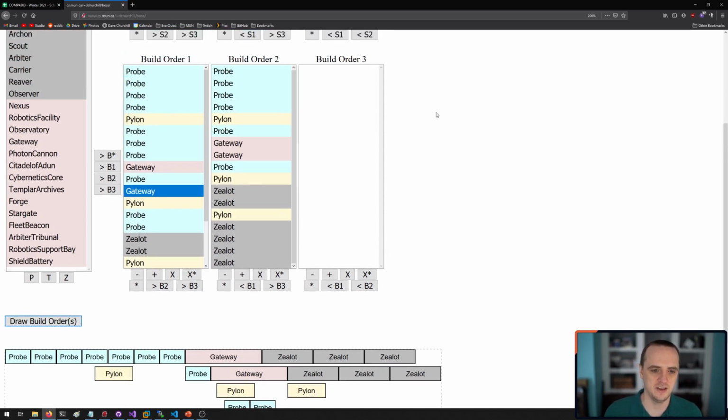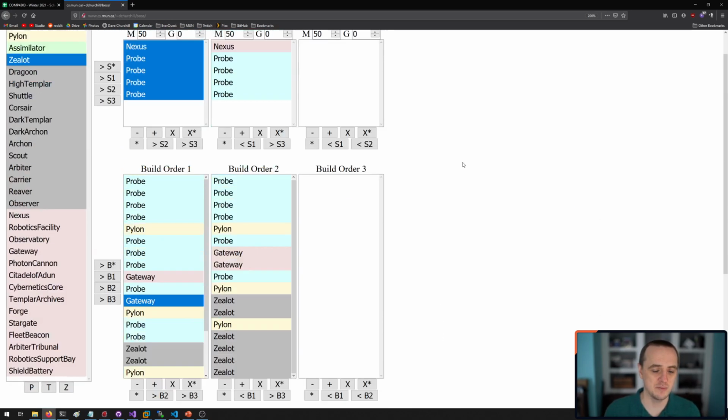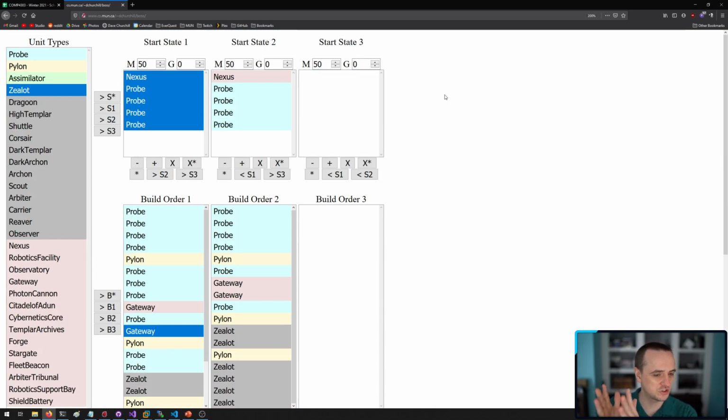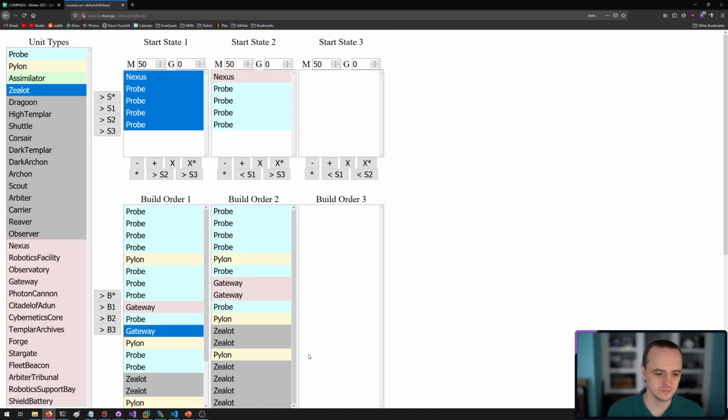And once I get the user interface up and running here, you'll actually be able to put in a search goal saying, I want 6 zealots, and then it will do the search and show you what the fastest possible build order to 6 zealots actually is. Okay, so that's just a little taste of the stuff that I do for my research, and I think it's really fun.